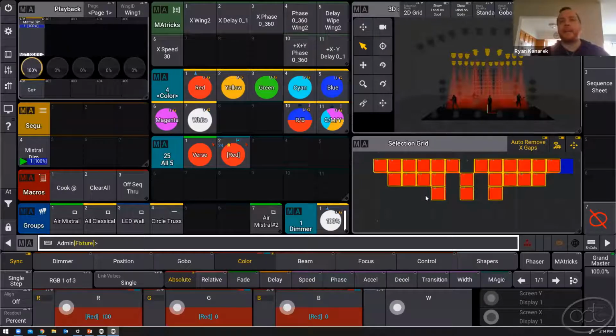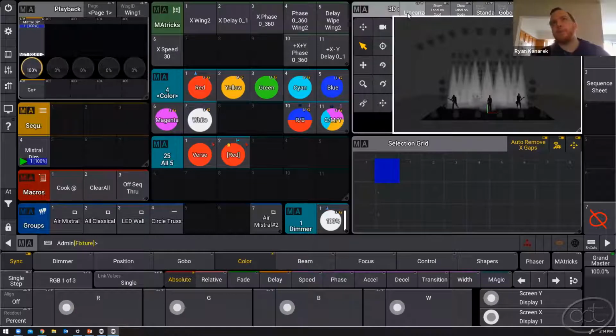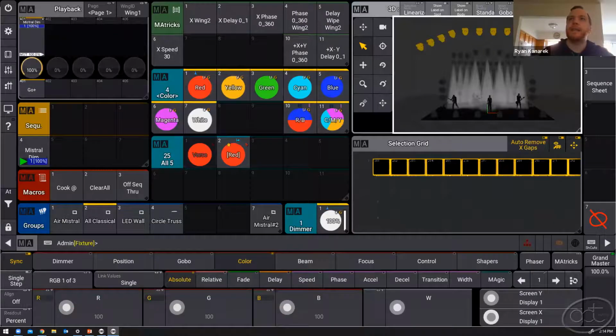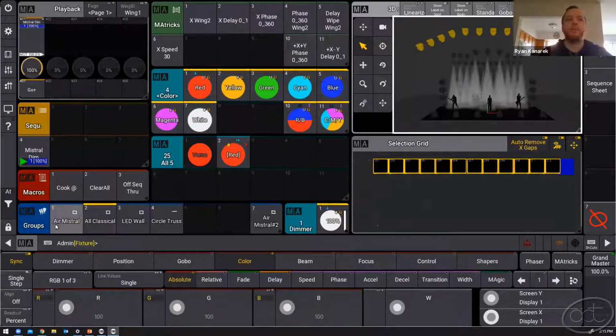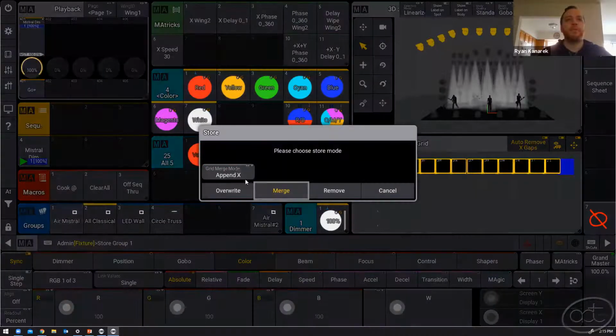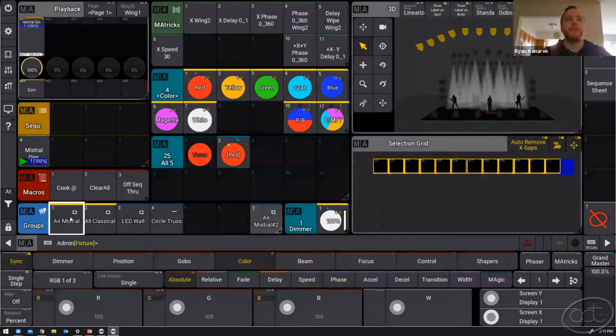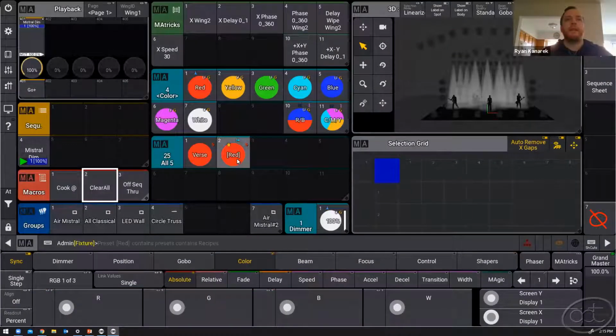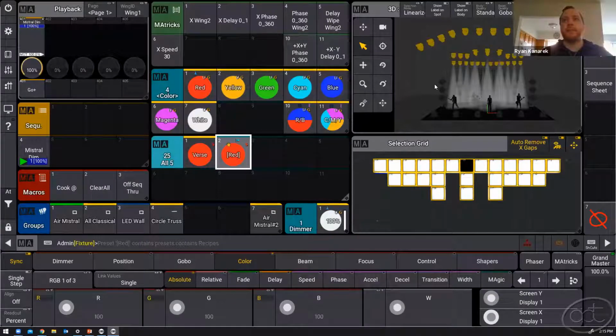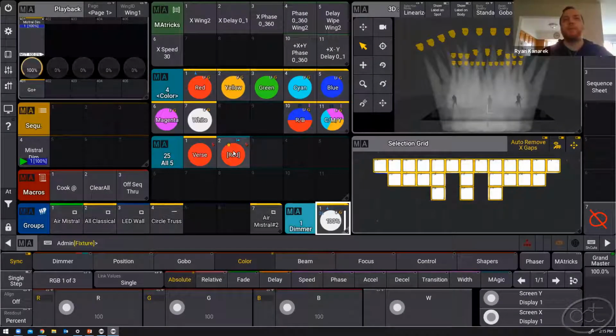So if I now decide that, you know what, the rig is going to be slightly different, or maybe I want to add some additional fixtures to that group, right? Maybe I want to take these fixtures here. I want to add them to this group. So I will store merge into this group. And if I tap on this preset to get a selection, notice it's selected these fixtures because it already knows I want to reference this group. I'll bring them to full as well. But when I tap on the preset,